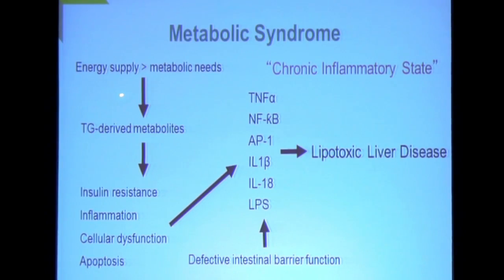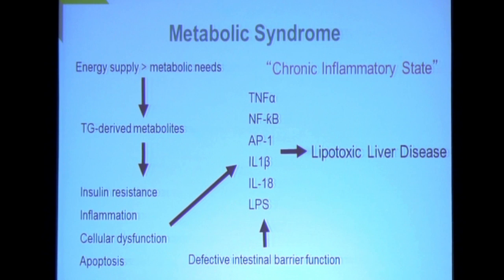The metabolic syndrome seems to be a systemic disease, and it's right now what is called a chronic inflammatory state. We also know that an excess energy supply that outweighs the metabolic needs is going to cause metabolites derived from triglycerides. And this is going to trigger insulin resistance, inflammation, cellular dysfunction, and apoptosis. This is through the increased synthesis of these cytokines, TNF-alpha, NF-kappa B, AP1, interleukin-1 beta,